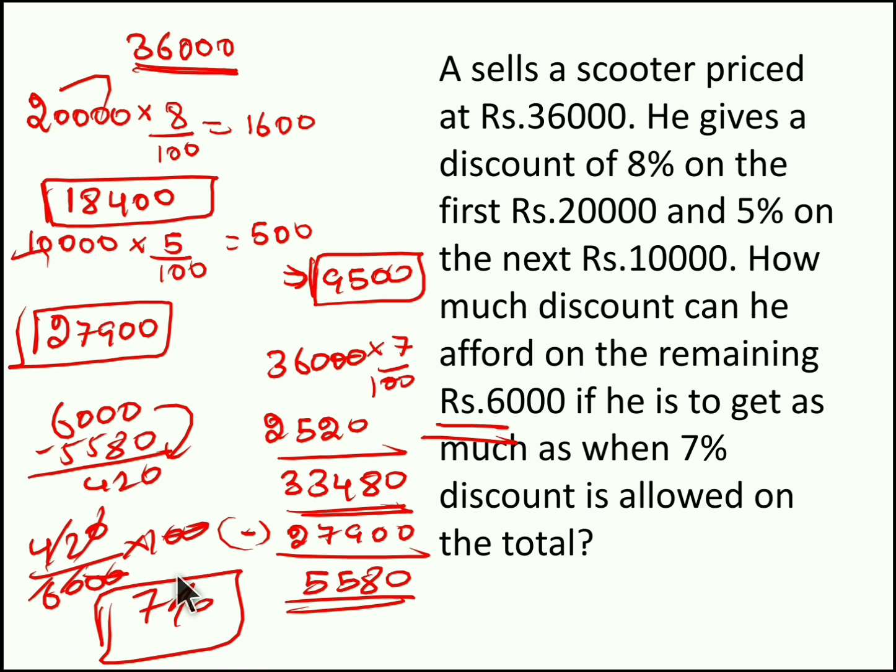7%. So we have to give a 7% discount from the 36,000 rupees, dividing 36,000 into 3 parts: 20,000, 10,000 and 6,000. From this 20,000 we are giving a discount of 8%. From 10,000 we are giving a discount of 5% and totally we are selling for 33,480 from 36,000 rupees. Hope you understood the concept, right? So once again recap this problem, you will get a clear idea about how exactly the concept works.